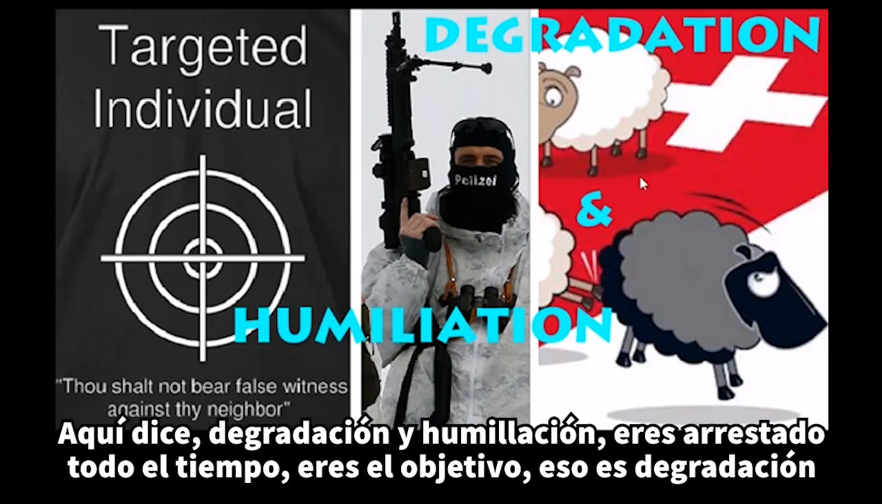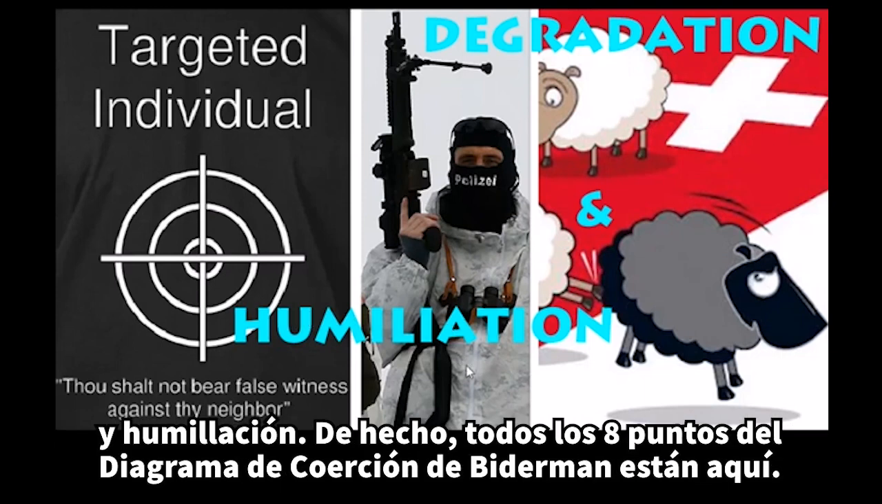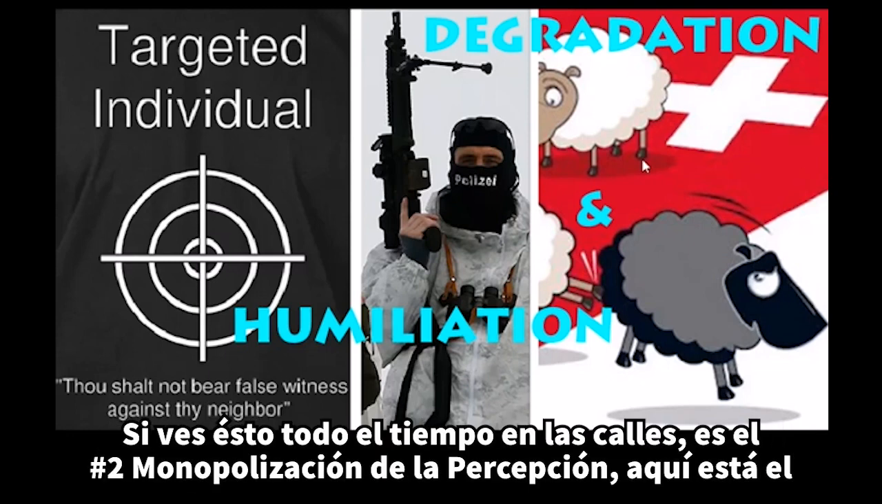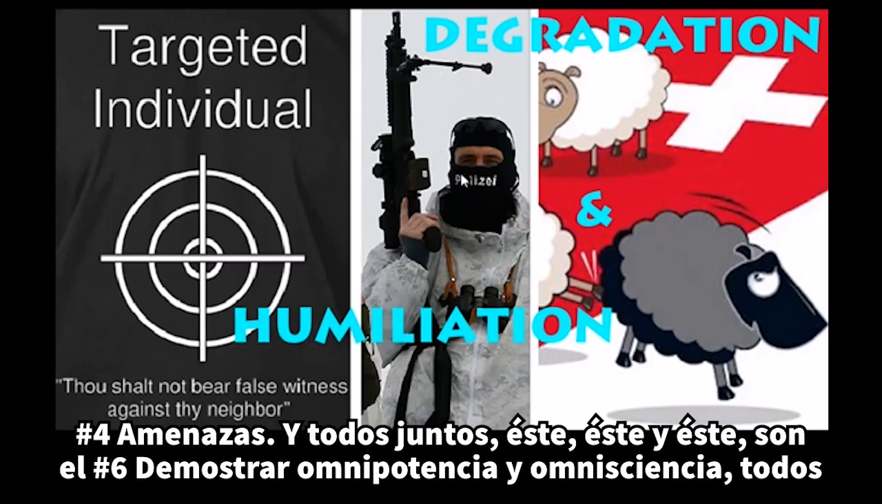So here it says degradation and humiliation. You know, if you get arrested all the time and being targeted, this is degradation and humiliation. And actually all the 8 numbers of Biderman's chart of coercion, they're all here. Like if you see this all the time in the streets, this is number 2, monopolization of perception. And here's number 4, threats. And altogether, this, I think number 6 it was,